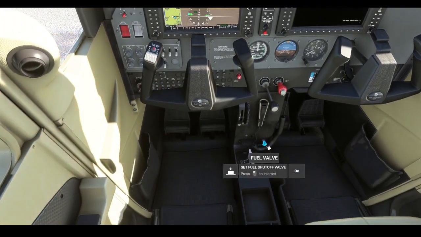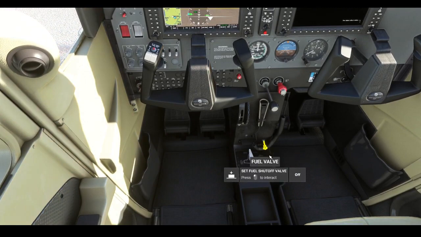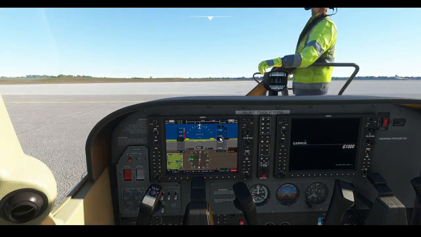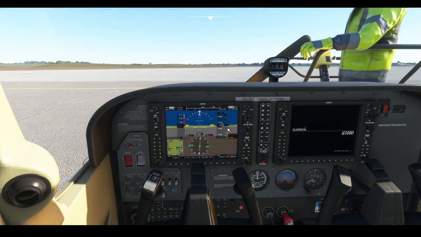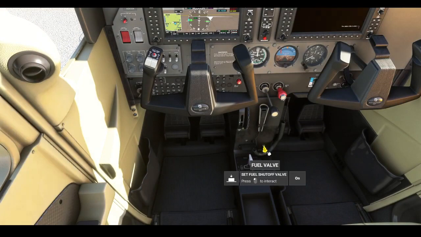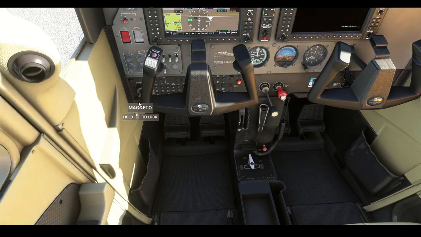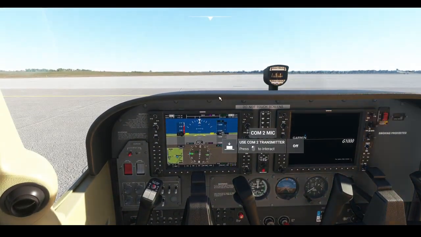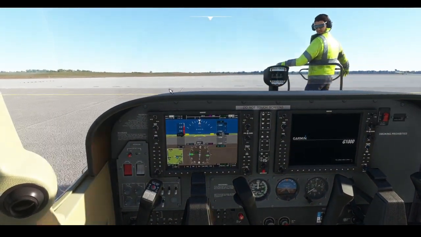So let's say now we have this fuel valve down here. So I pull that. Look at that. Kills just before it got that guy, so it cuts the flow of fuel. So if I were in an aircraft or a Cessna, if I had to shut down a Cessna 172, then